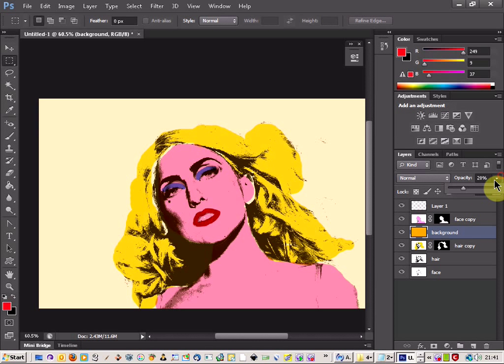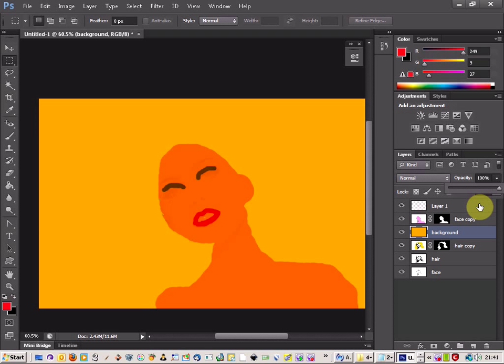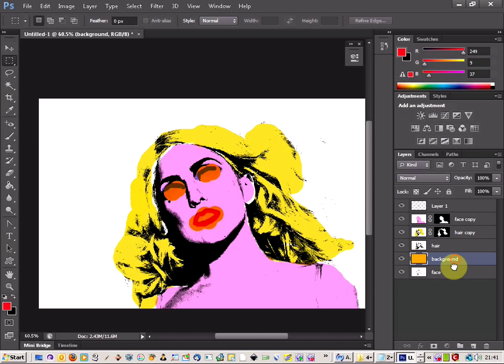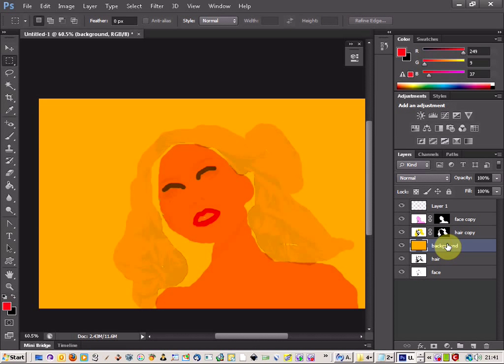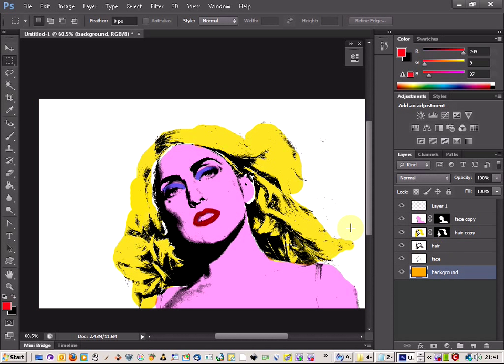So we're going to change the opacity of the background. That does that. And then we're going to pull the background down here, down to the bottom, and then all we need to do is, oh, not to the bottom, in fact, let's keep it there just now. Let's go through each of the layers here,